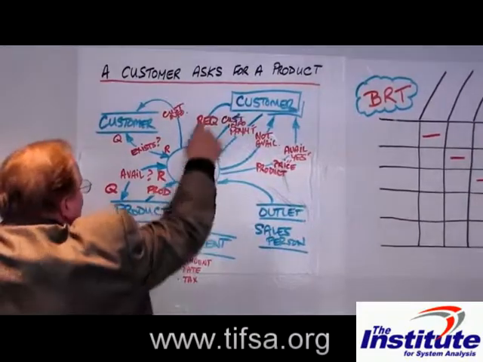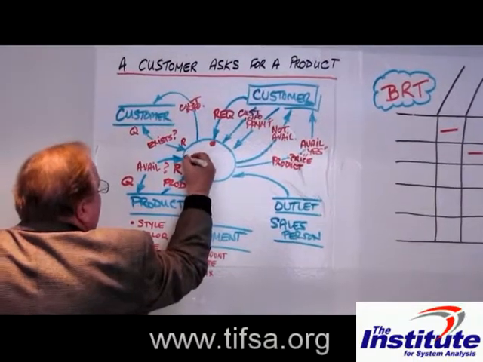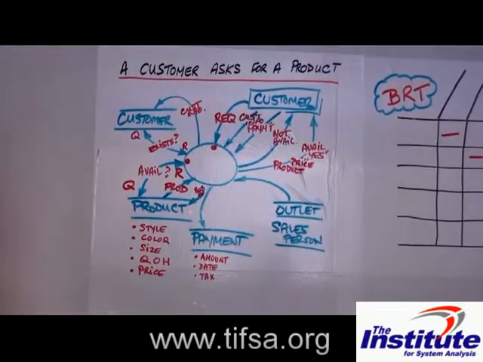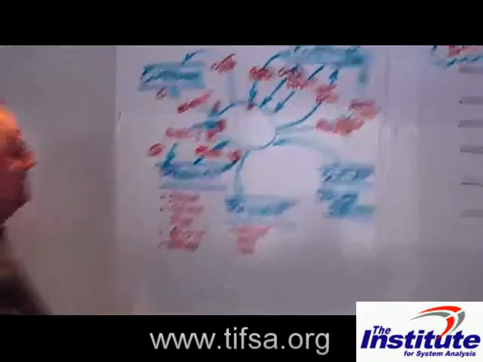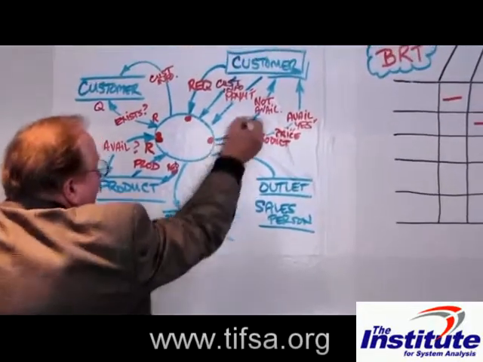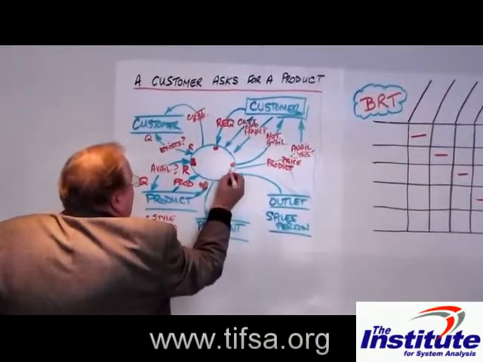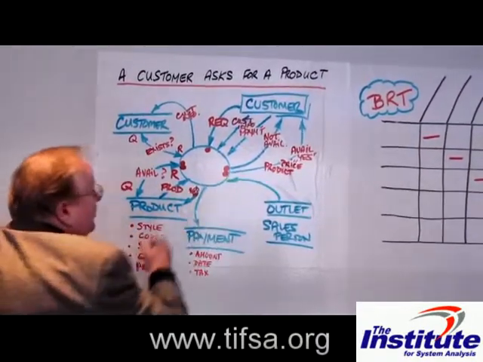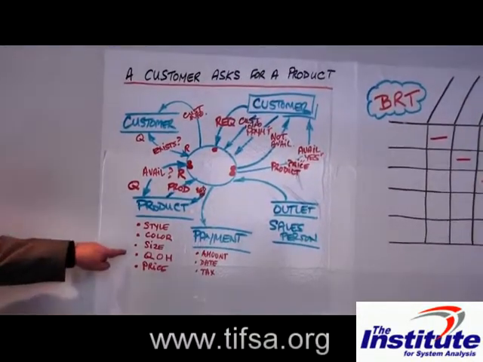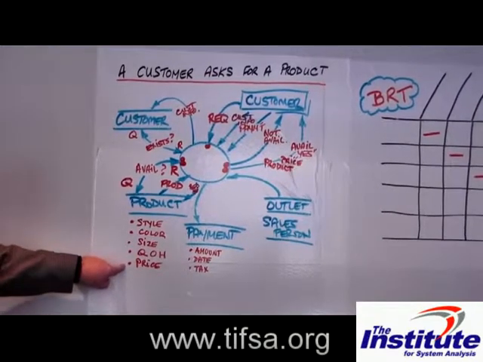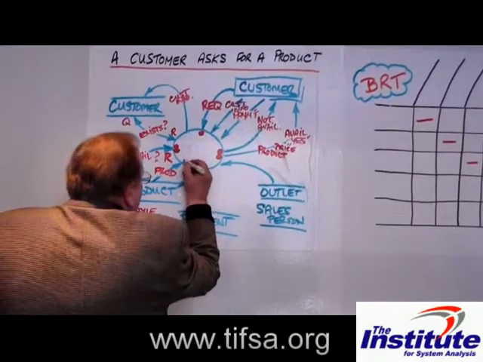So for each request from a customer, determine if the product is available. If it is available, if it's not available, I should say, tell the customer that it's not available. If it is available, tell the customer it is available in the quantity they requested and the price of that product. If the customer wishes to buy the product, take the product out of inventory,